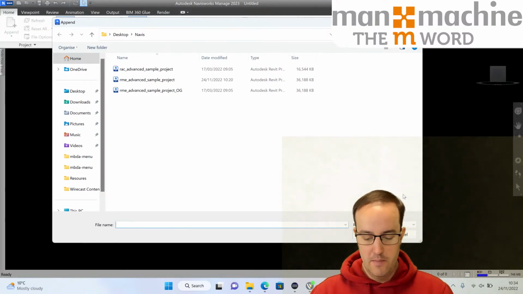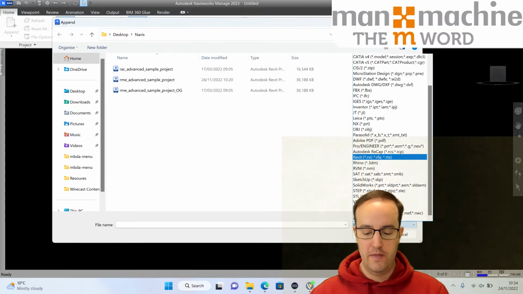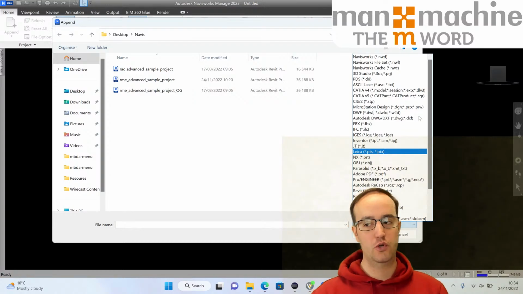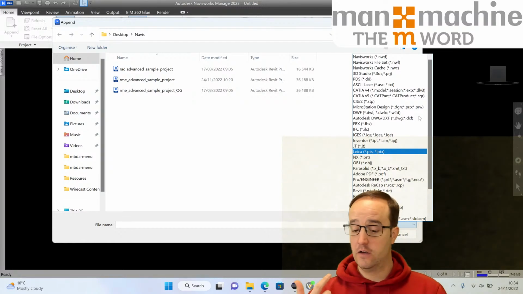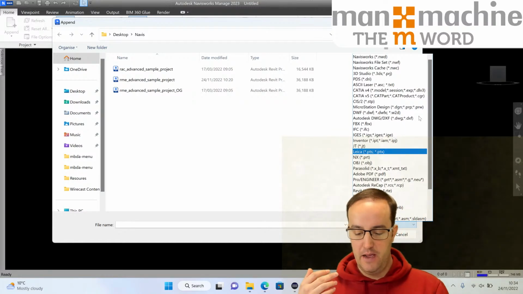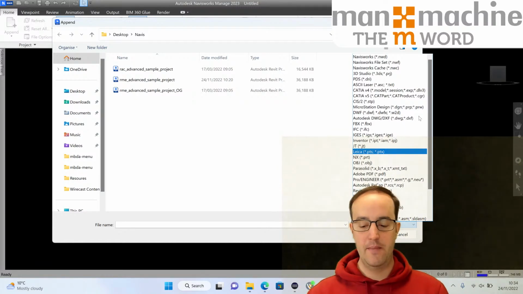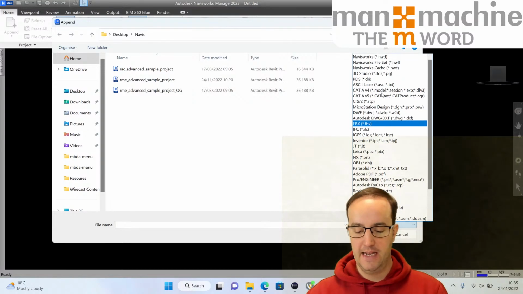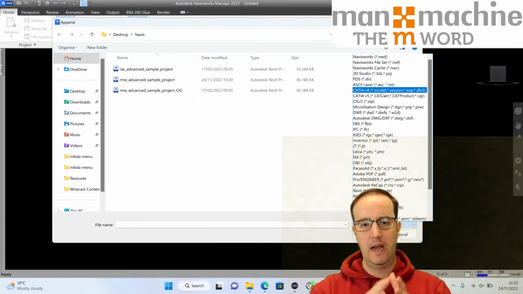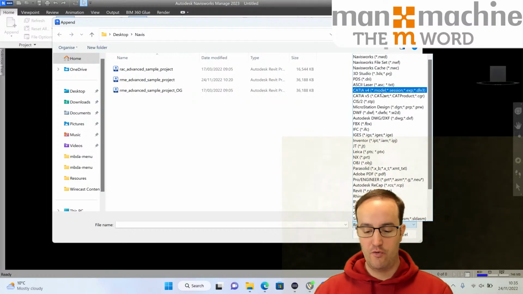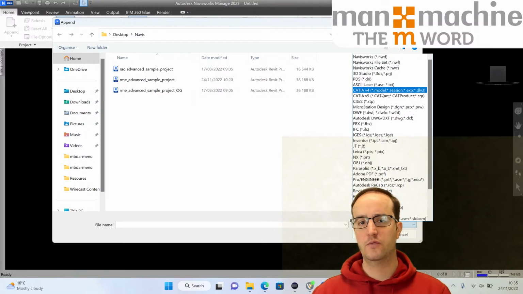left-hand side. Now, Navisworks will work with a whole raft of different CAD formats, and it's not just Autodesk-based functionality. So we can link in laser scans, we can link in files from CATIA, Inventor, MicroStation, Revit, Pro Engineer, Rhinoceros, SketchUp, you name it. There's so many different file formats on here. So it doesn't matter if you're not purely an Autodesk house. Using Navisworks, you've got the ability to go out and collaborate and coordinate with other files. And naturally, the IFC format, the Industry Foundation Class, which is so crucial for digital construction workflows, is in there